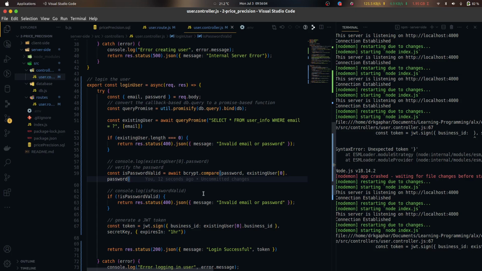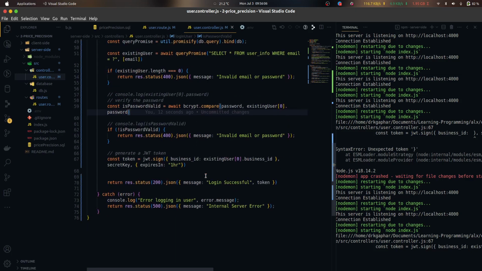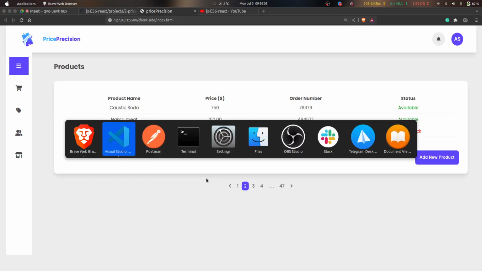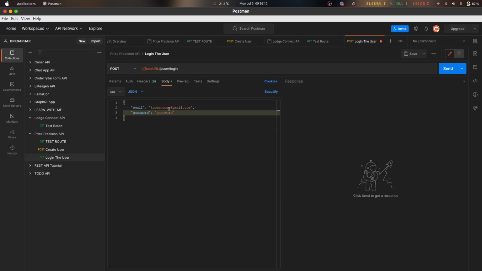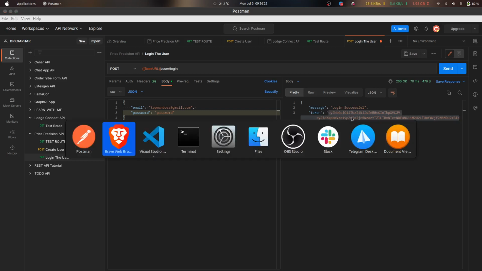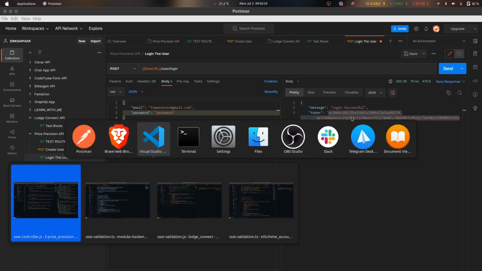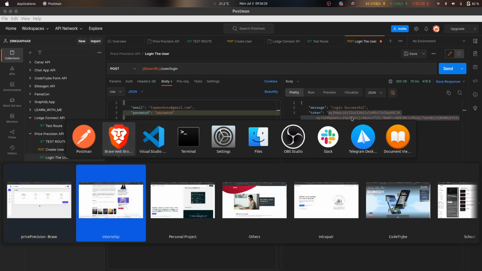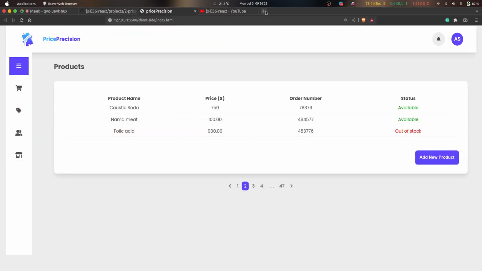So let's test this login route again. Now if I log in, you can see login successful. Then I get the token that was generated. And again, I want to show you something about the business ID I used. There's a way I can actually confirm that. Let's go to